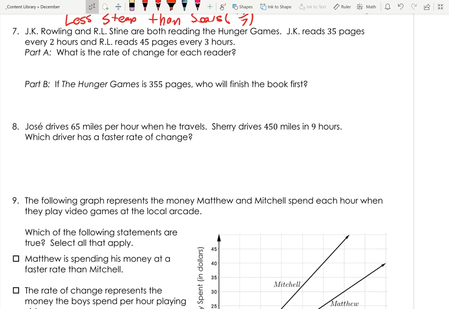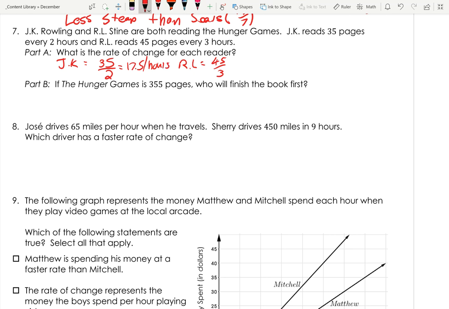All right, J.K. Rowling and R.L. Stine are both reading The Hunger Games. J.K. reads 35 pages for every 2 hours, and R.L. reads 45 pages every 3 hours. What is the rate of change for each reader? Okay, so J.K. reads 35 for every 2 hours, and R.L. reads 45 for every 3 hours. Now, if we simplify this, we can say that JK is about 17.5 per hour,